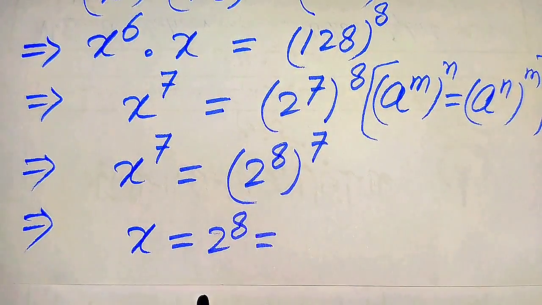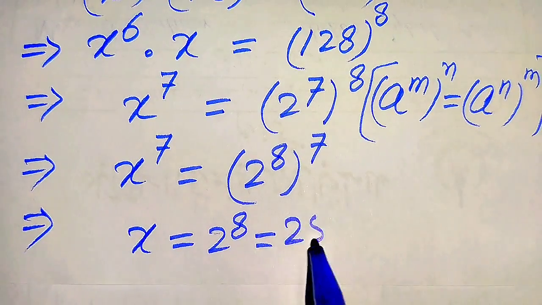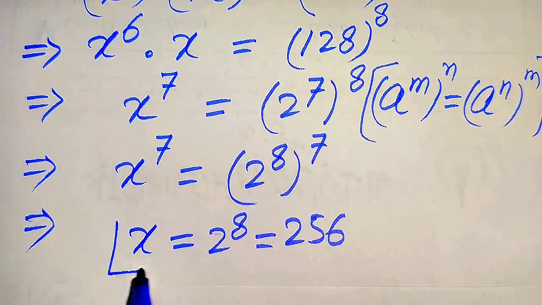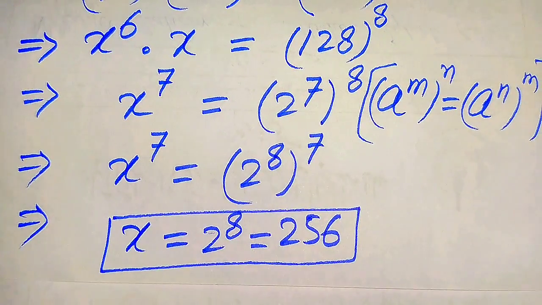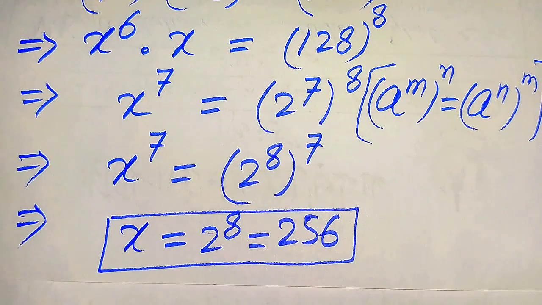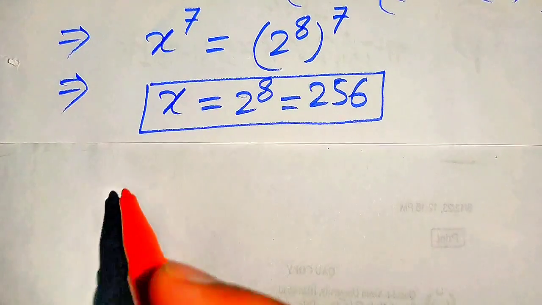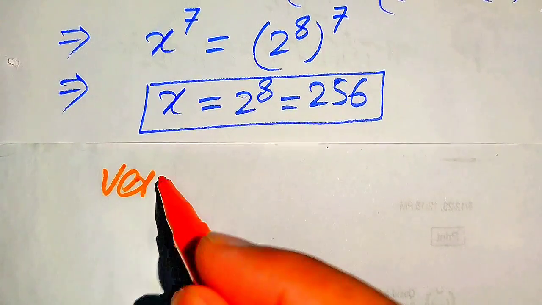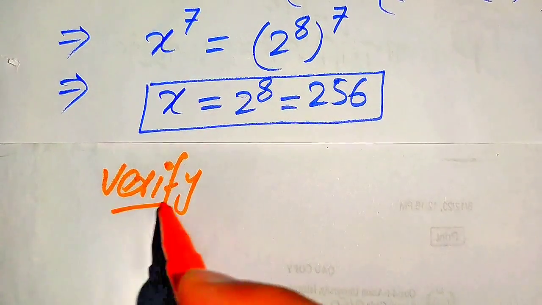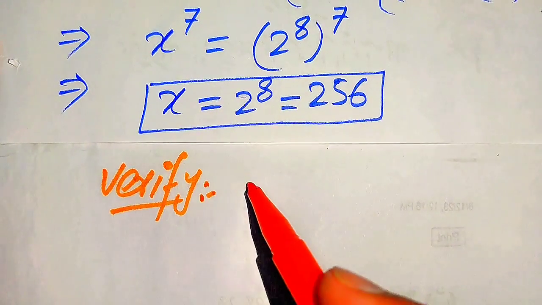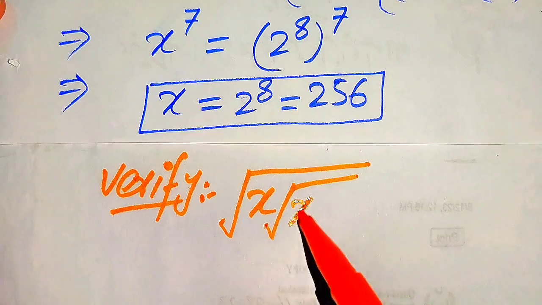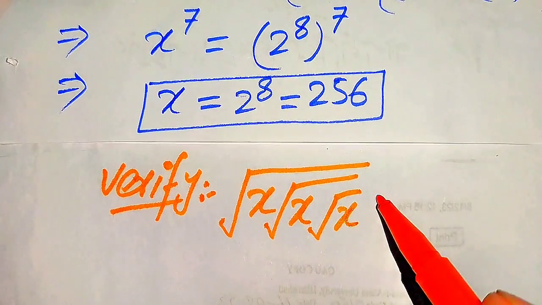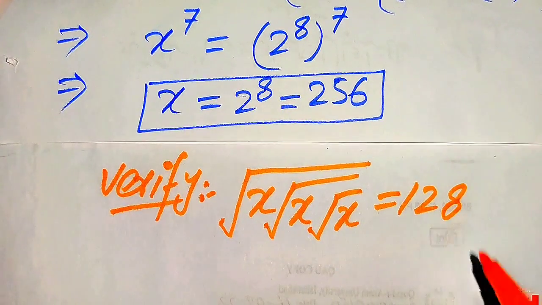And we know that 2 to the power of 8 is equal to 256. So this is our final answer of this question, and this is the final root of x. And now in the next step we need to verify this value of x. So for verification of the roots, here we need to copy down the given question statement, so that the given question statement is square root of x into square root of x into square root of x